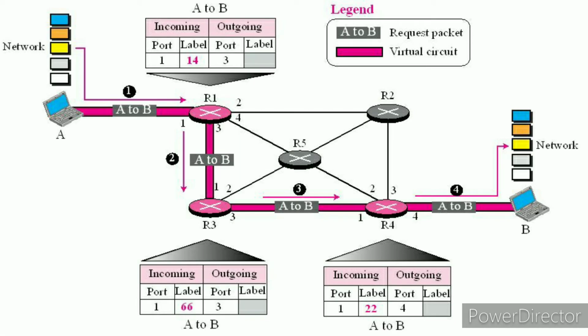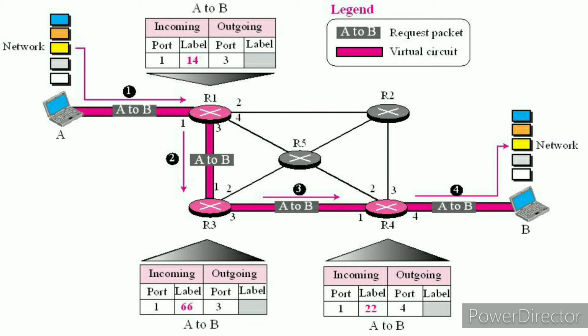First we'll see the setup phase. During the setup phase, two packets will be exchanged. One is the request packet and the other one is the acknowledgement packet. In the setup phase, the path will be established between the source and the destination. And after setting the path, we will go for the data transfer. So during the setup phase, two auxiliary packets will be exchanged: one is our request packet and the other is the acknowledgement packet.